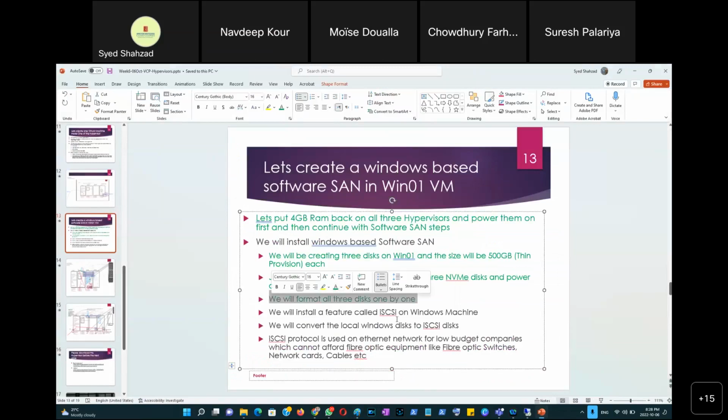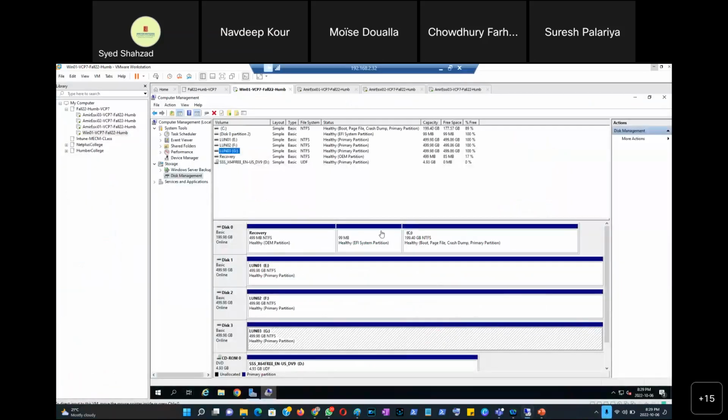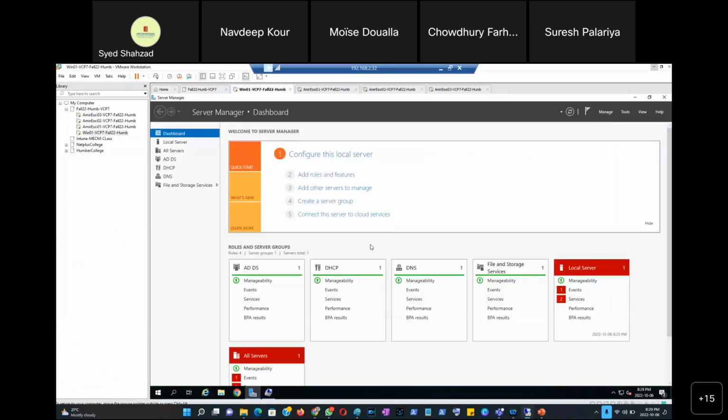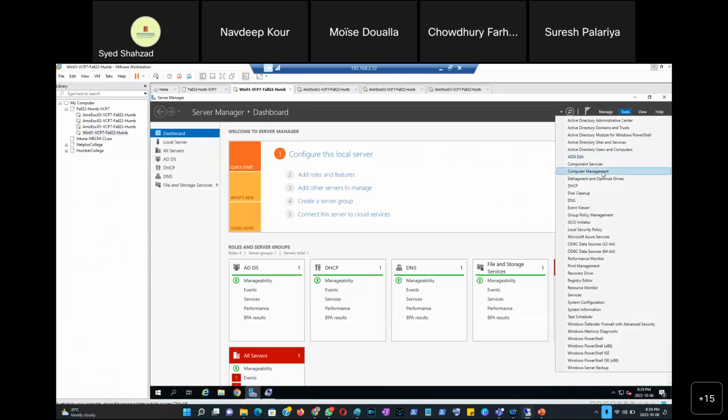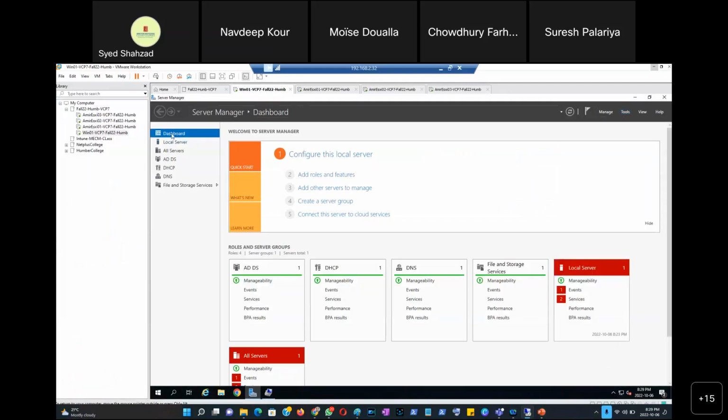Now when I install that feature called iSCSI, there will be some new terminologies that will be showing here that we'll be talking about, and we're going to understand that. So we'll install a feature called iSCSI. So let's just add a feature called iSCSI within the Windows server. I'm going to minimize this. And server manager, I'm still in the server manager. Before we went to tools and then computer management. Now we're going to go for dashboard and then add roles and features. So I'm just going to click that add roles and features here